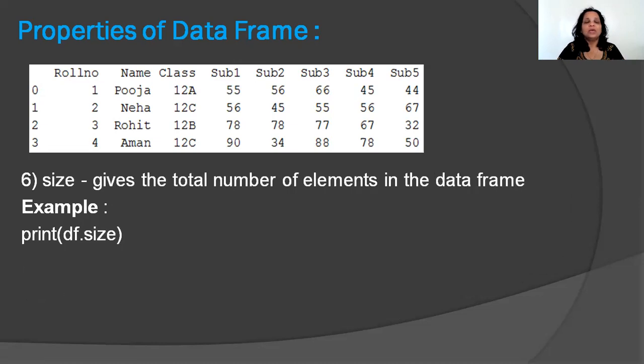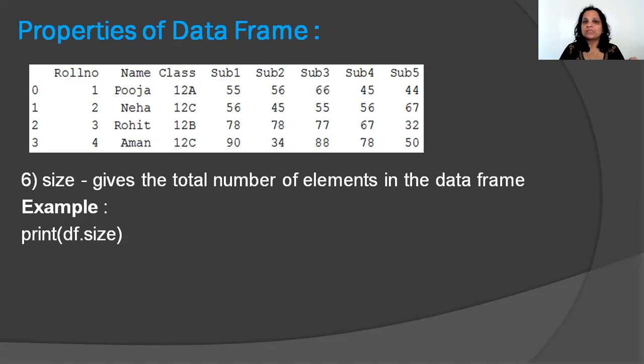Okay, now when it comes to size, size talks about the total number of elements in your data frame. Now, your data frame could also consist of elements which are NaN values, that means not a number value or null values. Even that is going to be counted. In short, it's very easy to know what the size attribute will do if you know the shape.